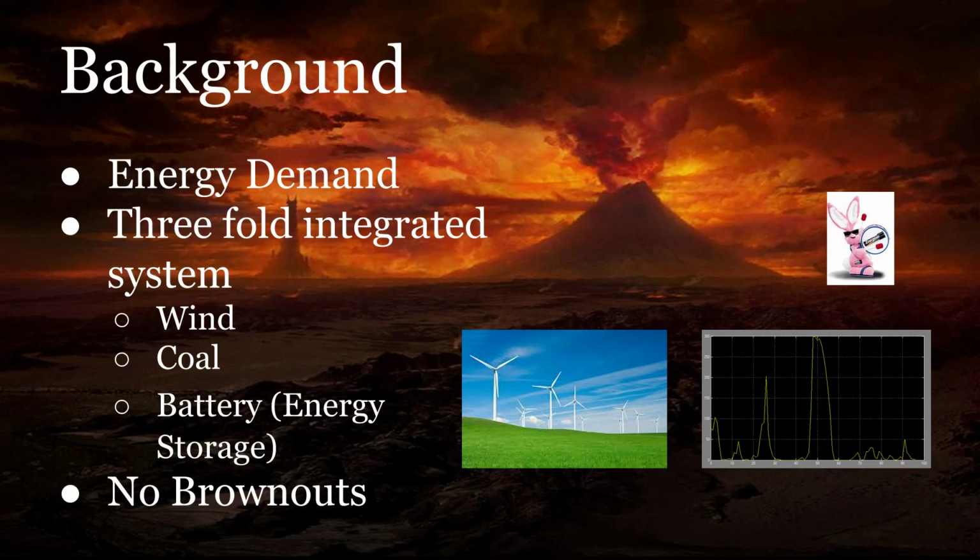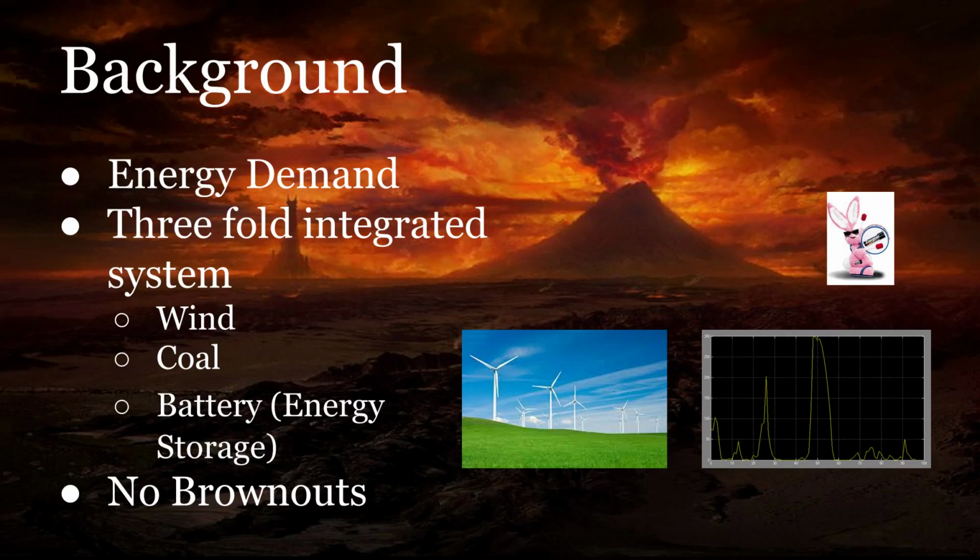Our energy demand fluctuates throughout the day in a sinusoidal pattern, with minor fluctuations that we really can't control. In the sinusoidal pattern, we go up to 1200 during the peak hours of the day and down to 600 at night, with an average of about 900. So we've integrated a threefold system that has wind energy, coal, and battery to reduce those